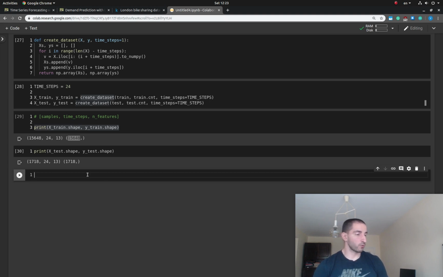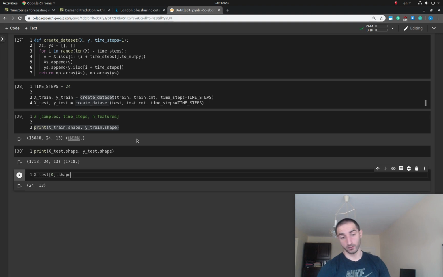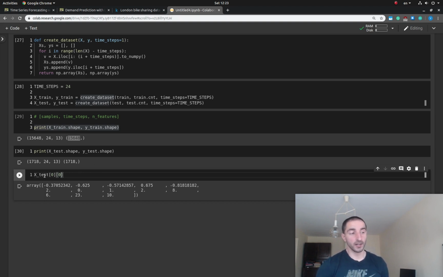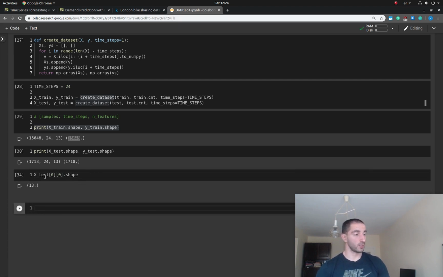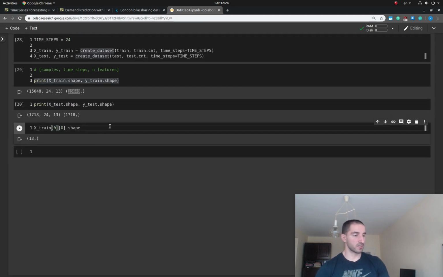You can probably have a look at a simple sequence in here. If I go X test and get the first sequence, I should expect that this has 24 by 13 as a shape. And I'm going to take the first row in here, and I expect to have 13 values, which are going to be the number of features that we have. So if I get the shape for this, it should be 13. If I do the same thing for the train, again, it should be 13. Okay, so we have our sequences ready to go,